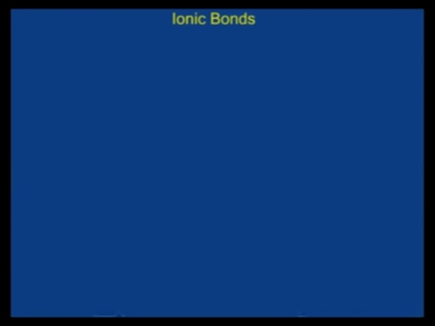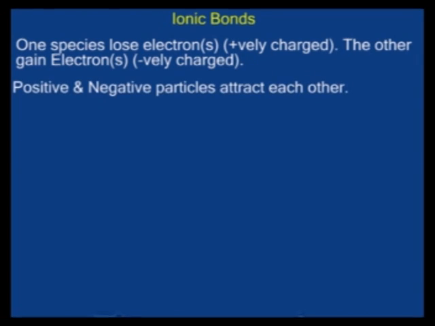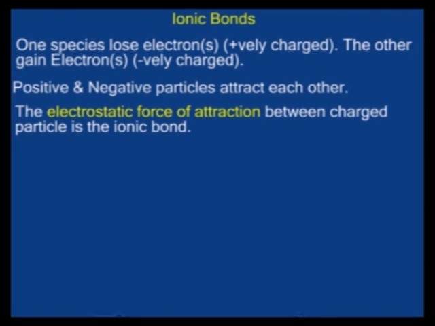In the formation of ionic bonds, one species loses an electron or electrons to form a positively charged ion, or a cation. The other species gains the electron to form a negatively charged ion, which is also called an anion. The positive and the negative particles attract each other, and the electrostatic force that develops between the oppositely charged particles